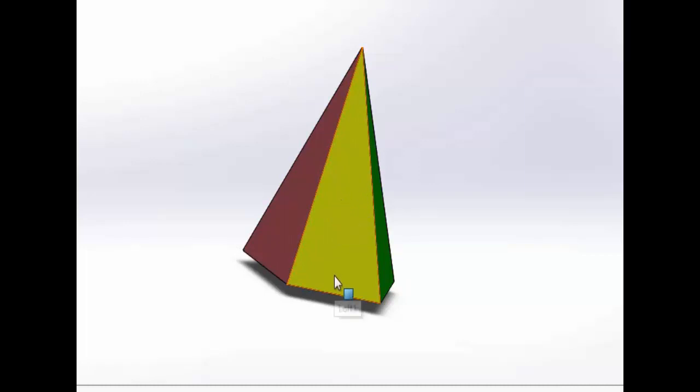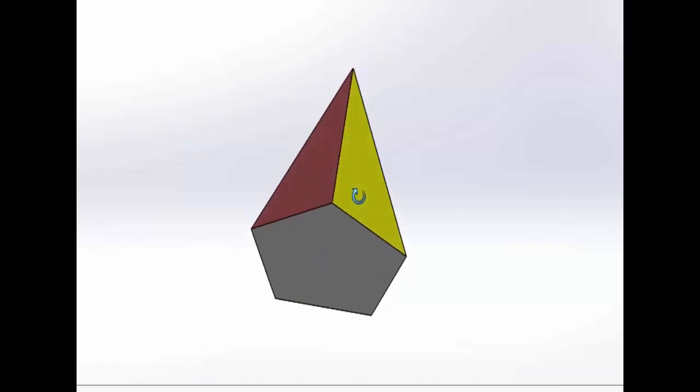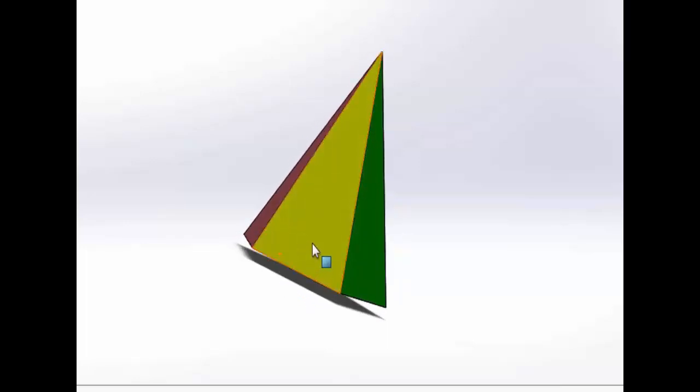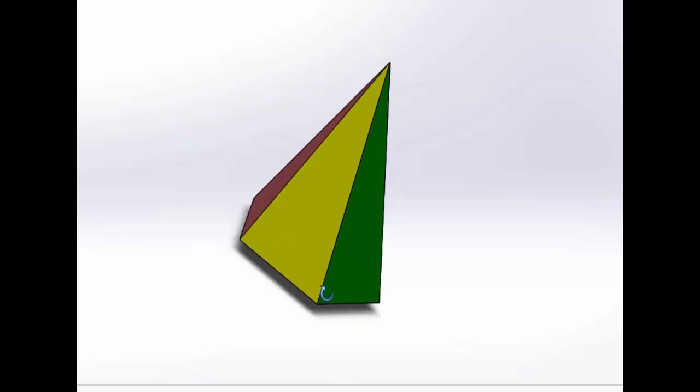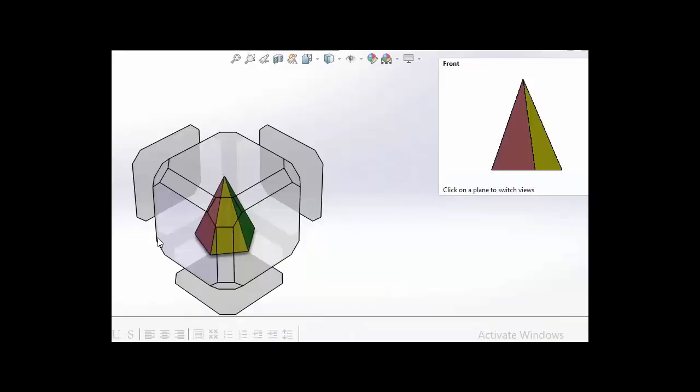So a pentagonal pyramid will have a pentagon in the base and 5 triangular faces in the sides. Similarly, a hexagonal pyramid will have a hexagon in the bottom, the apex at the top and 6 triangular faces in the sides. Similarly, a square pyramid will have 4 triangular faces, a square at the bottom and the apex point. This apex point may be called O, and the base points will be named correspondingly like A, B, C, D. Right? Here I am showing you the 3D view of the pentagonal pyramid.